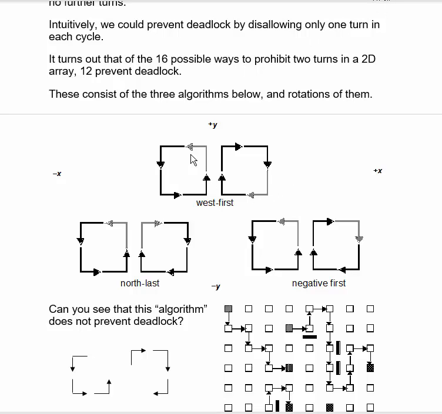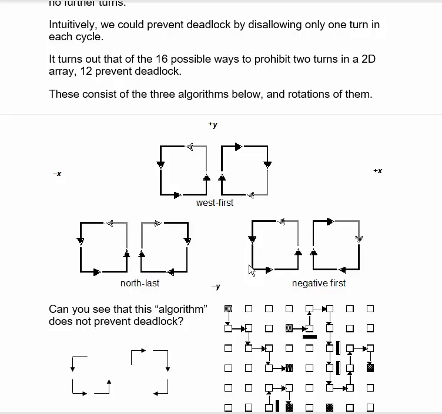West first says that if you're going to move to the left or in the westerly direction, you need to do that first before making any other turns. There's no way to make a turn and end up in the westerly direction in this algorithm. This is sufficient to prevent deadlock. Similarly, a north last algorithm prevents deadlock. It says if you're going to make a turn to the north, that has to be the last turn that